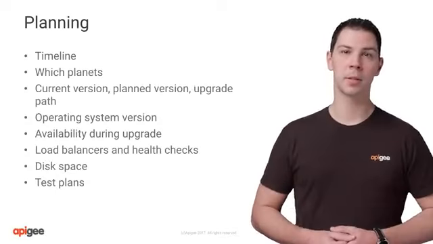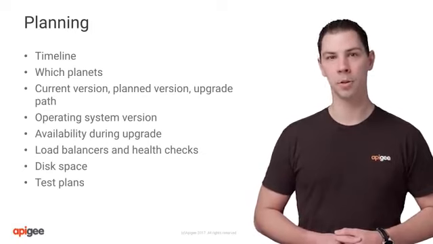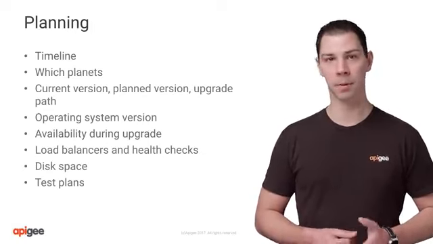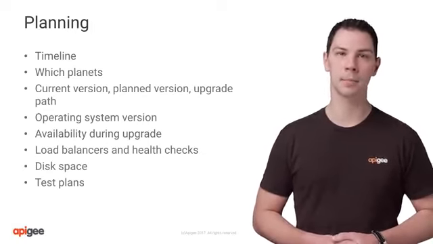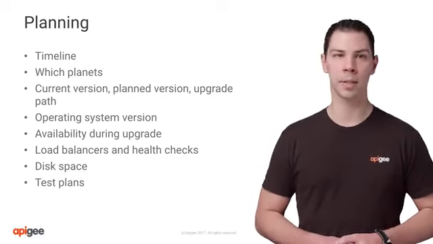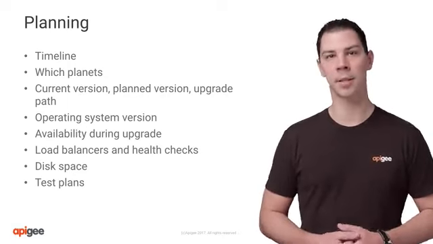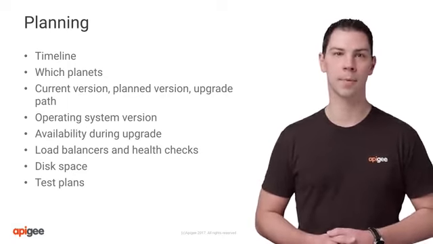In most cases, you will have more than one Apigee Planet in an on-prem deployment. You should upgrade non-production planets before you upgrade any production planets. We do not recommend that you perform any other infrastructure changes during the upgrade process. Perform the upgrade first, then make changes to the installation topology if necessary.